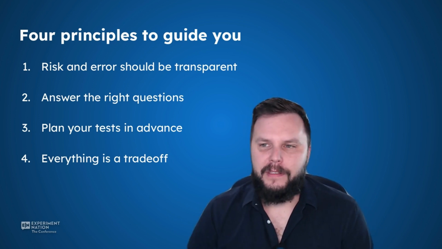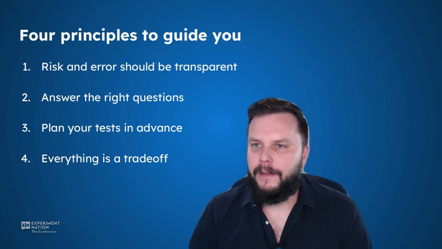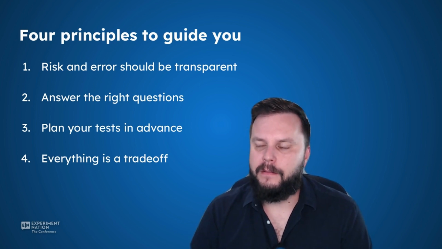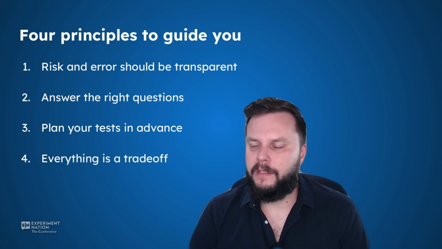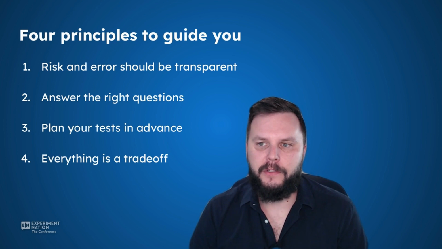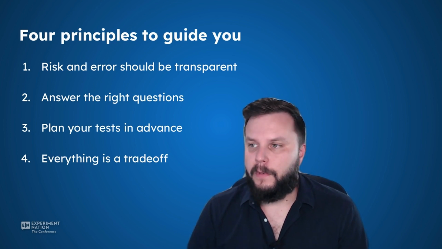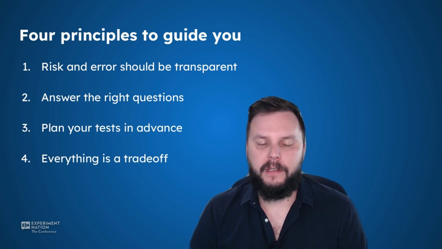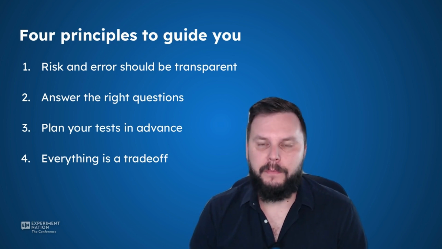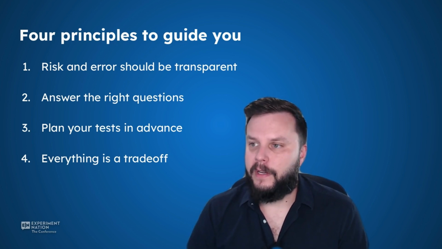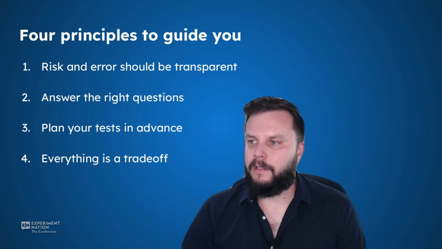So the second principle is answering the right questions. And what I mean by that is different types of statistical tests are answers to questions. And sometimes people just jump into it without really thinking about what question this particular statistical parameter is trying to answer. For example, what is the p-value? That's answering the question of how often would you see a result this extreme or greater if there actually was no difference between your control and your variant, which I think is a very logical and interesting question to answer,